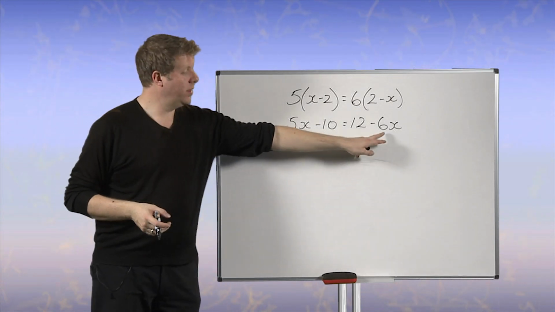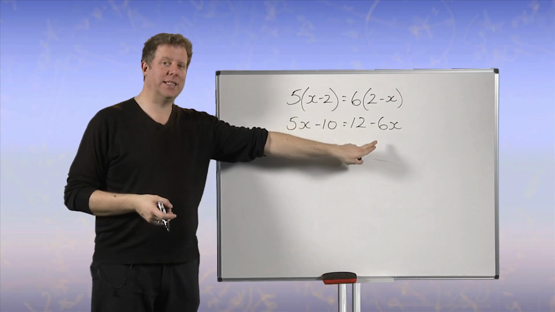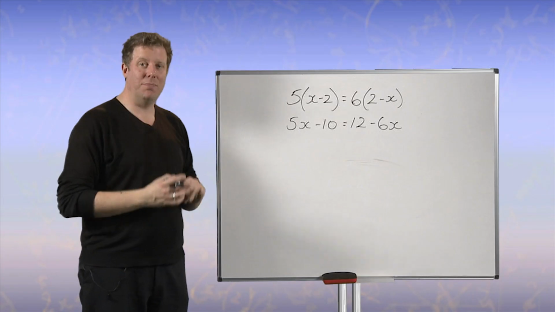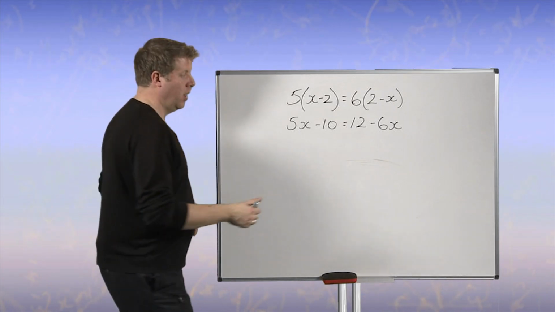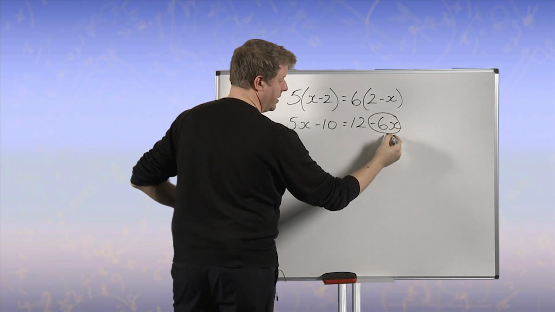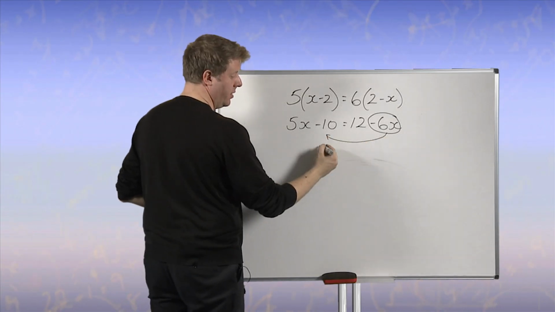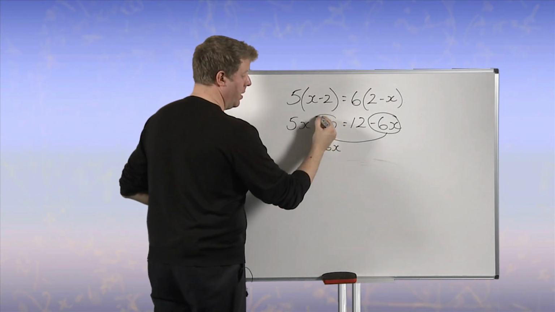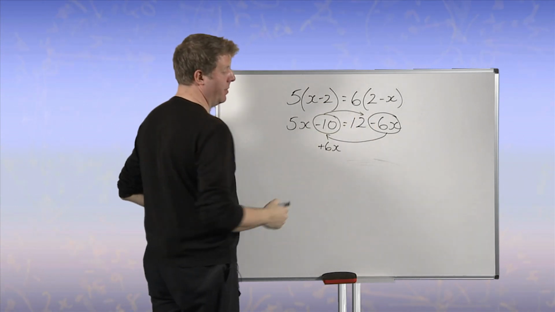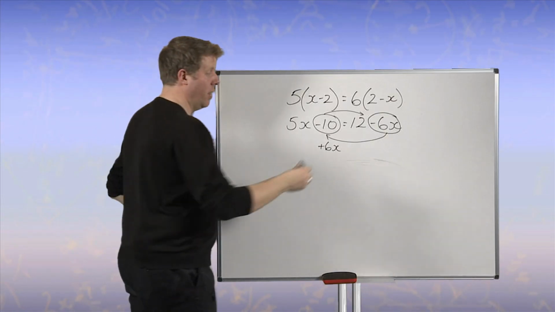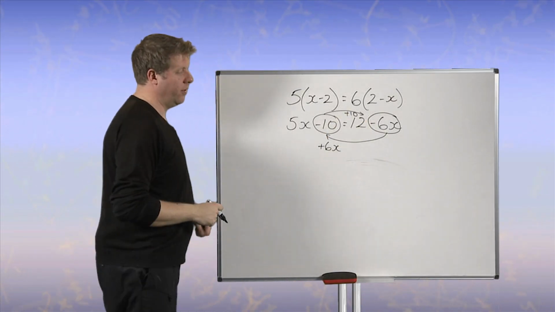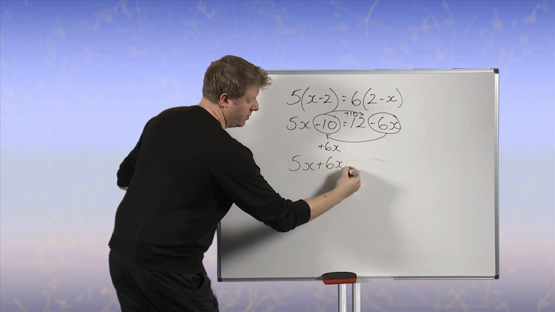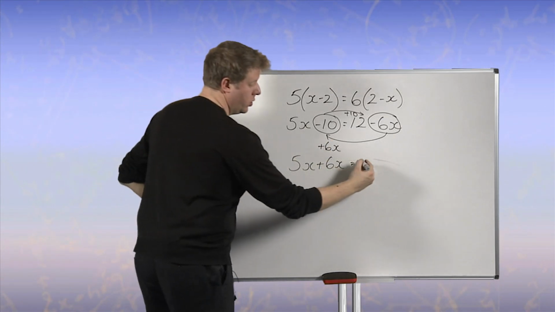Now, although there's a 6 in front of this x, because there's a negative there, it makes sense to bring this over to the left-hand side, because then my x's will stay positive. So I'm now going to bring my minus 6x over to this side, giving me plus 6x when I take it over, and my minus 10 will be coming over this side and becoming, remember, plus 10 when I take it over. Let's tidy that up. 5x plus 6x is now going to equal 12